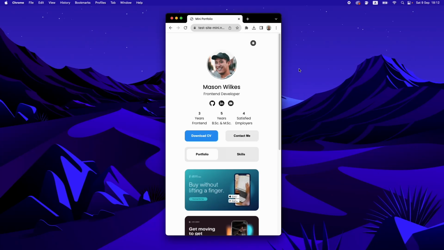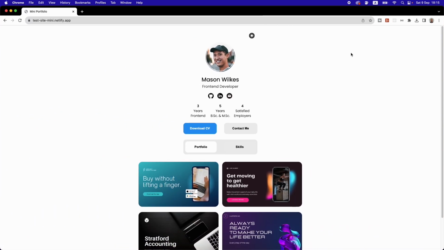We are creating this responsive mini portfolio website using HTML, CSS, and JavaScript. It is a mobile-first design that looks great on all screen sizes. Up top, we have a light mode and a dark mode. We have our profile picture, name, title, link to our GitHub, LinkedIn, and email, an experience section showcasing our background,